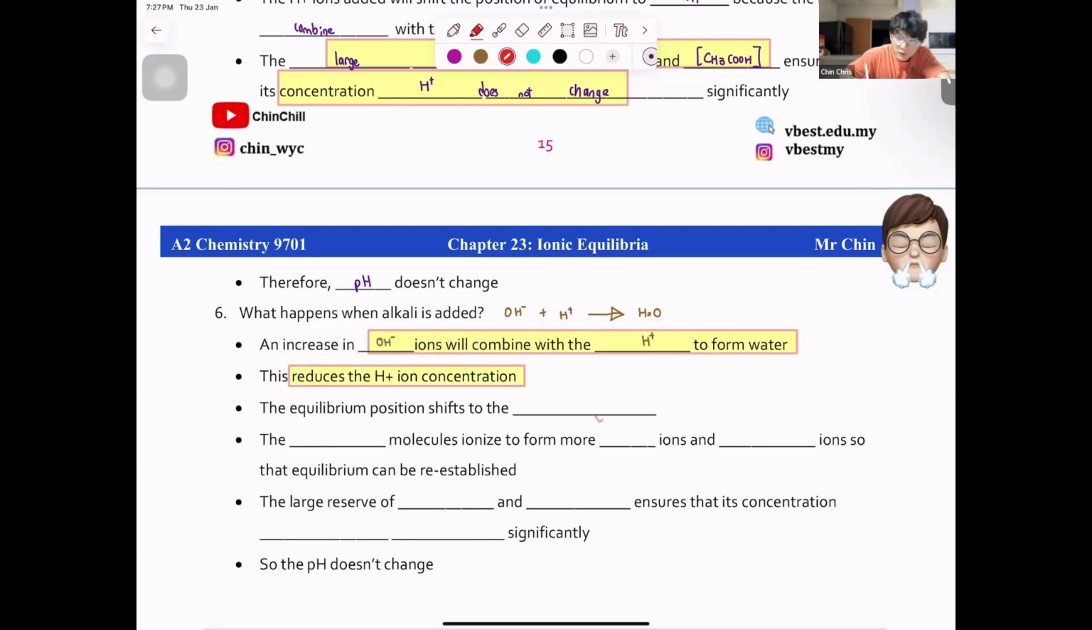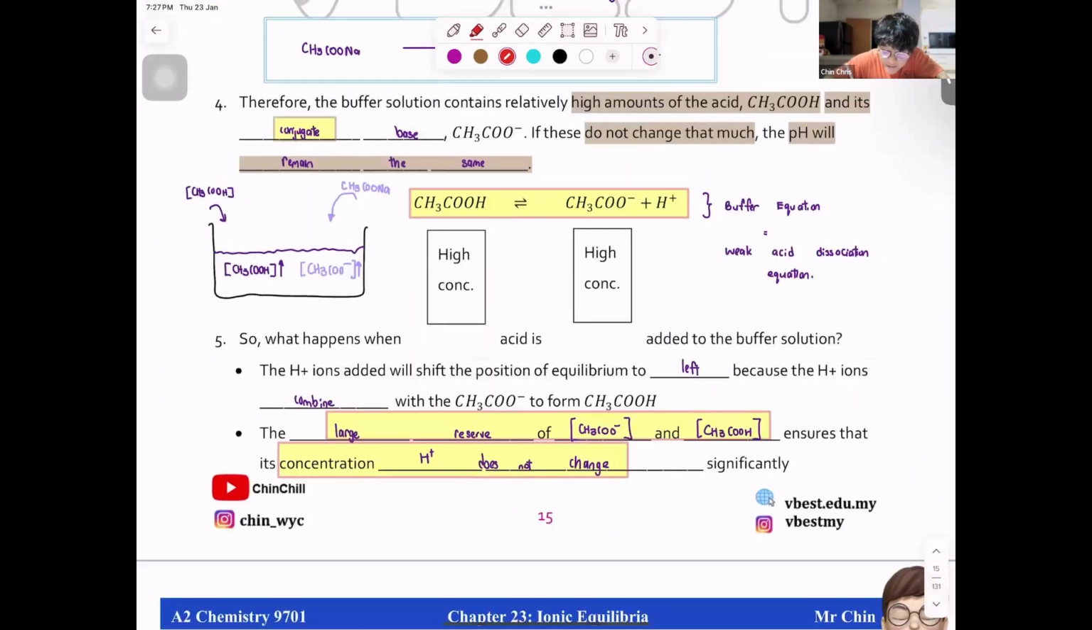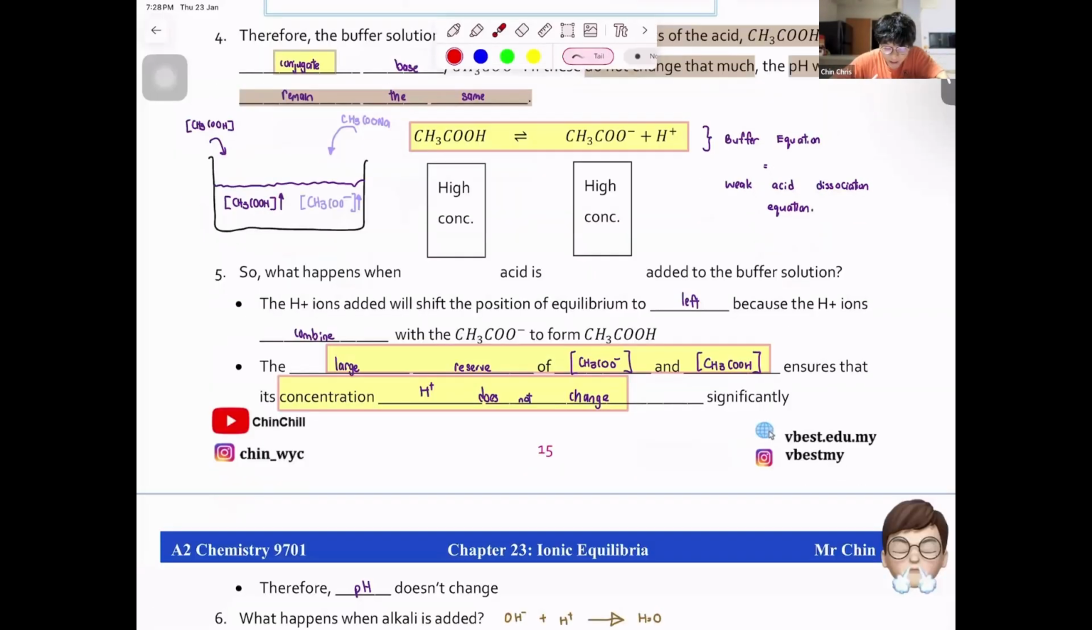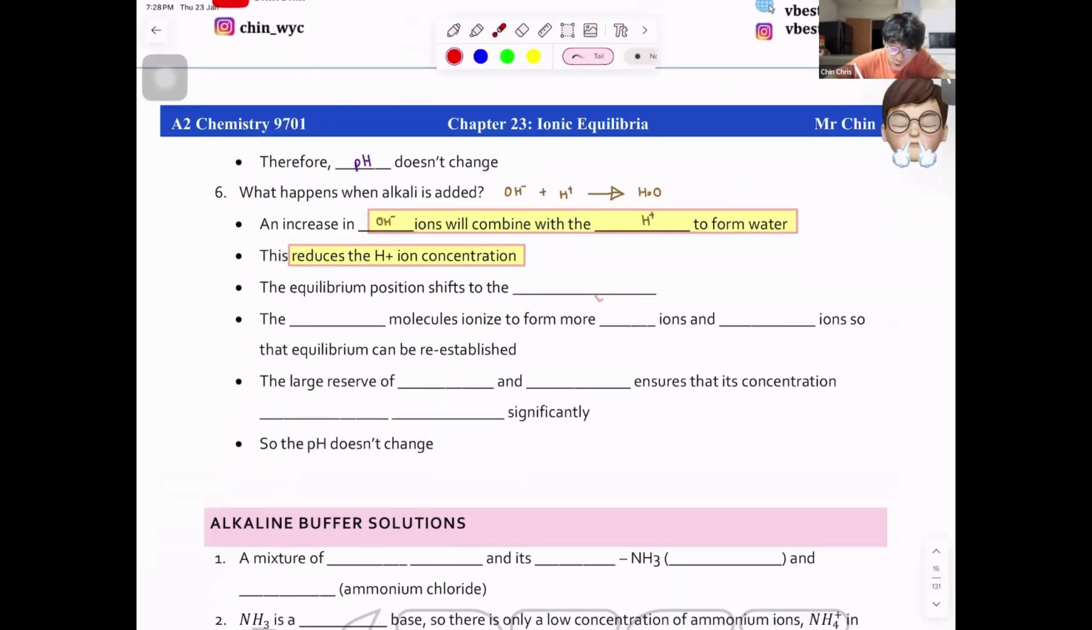So guys, you see, right now, the concentration of H plus decreases. So what is this equation going to do? Ethanoic acid is going to dissociate more to form CH3COO minus and H plus. So eventually the H plus concentration returns to normal, which means the pH does not change or remains the same. Understand? So I can say that the equilibrium shifts to the right,